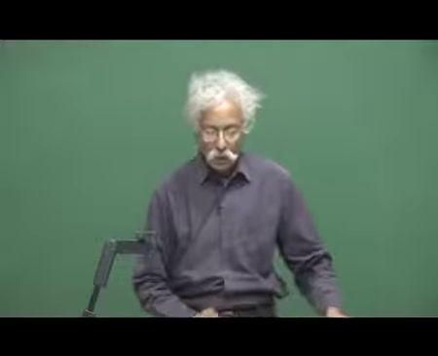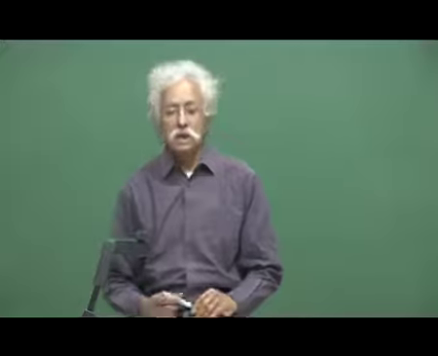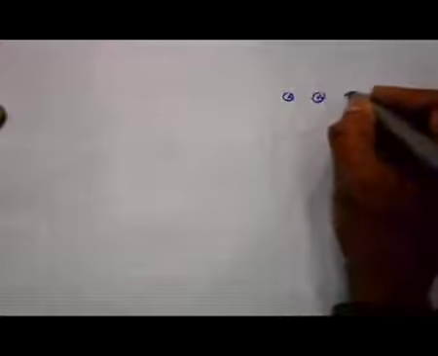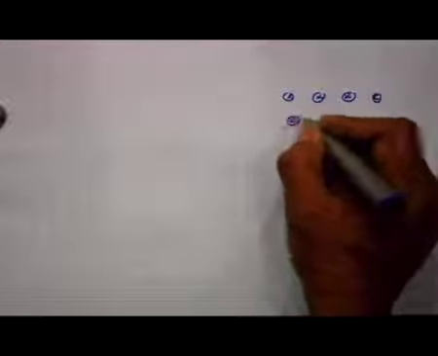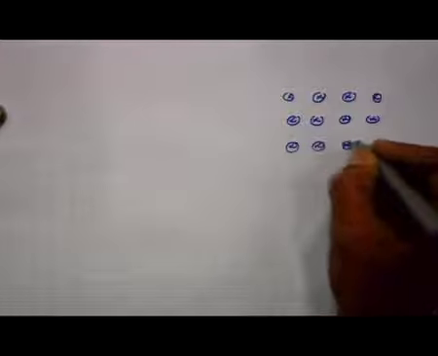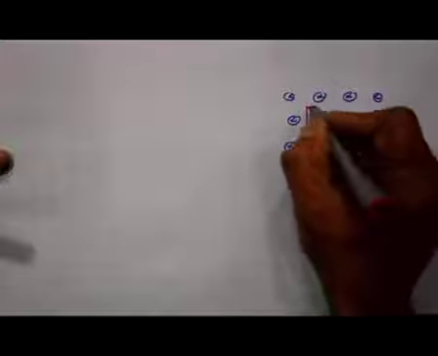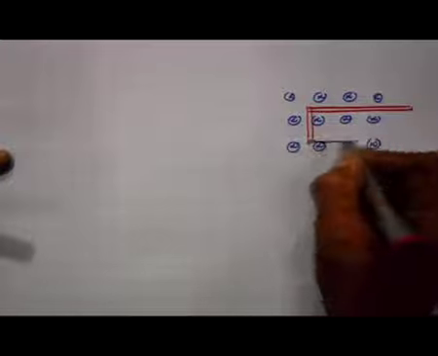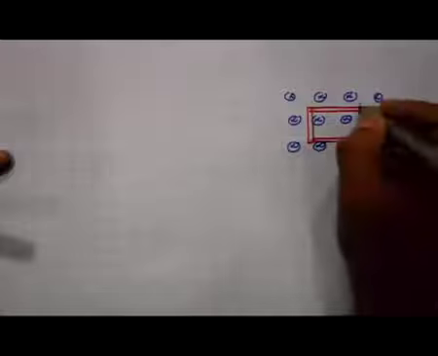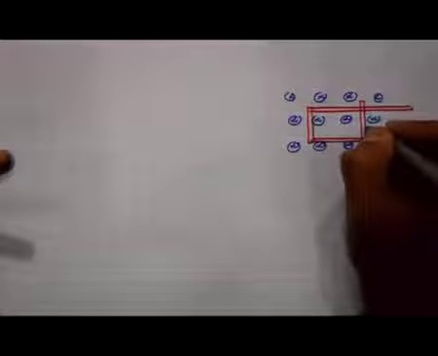We are looking at one example, just as we finished the last class, and the example was the motional EMF. If I assume a magnetic field pointing downward, and I consider a fixed conductor placed like this, and there is another conductor on this which is moving to the right with a velocity v,